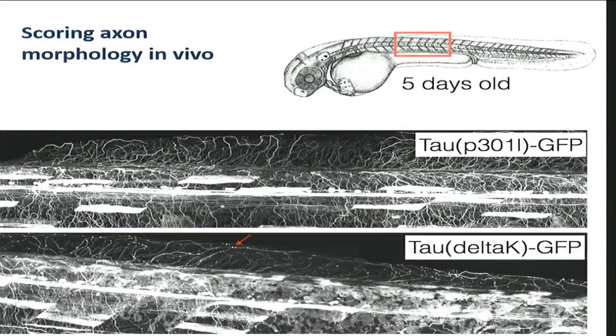For example, the zebrafish is transparent at 5 days old. If we just look in the trunk, you can see some nice neurites and axons expressing GFP-tagged tau. In this bottom panel, you can see, again, some axons, but also these neurons are expressing this mutant tau tagged to GFP, and I think you can probably see some spots. We think that these dots represent aggregates and the early stages of neurodegeneration.